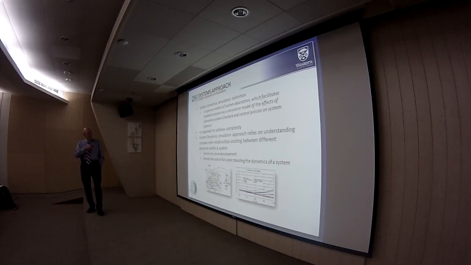The first example is the use of the systems approach, and particularly system dynamic simulation. For those of you who may not be familiar with the technique, this is how we try to describe the structure of the system, and by describing it through simulation, analyze the behavior of that system in response to different inputs. We can either change the input values into the system, or we can change the structure and observe how that will affect the system behavior.